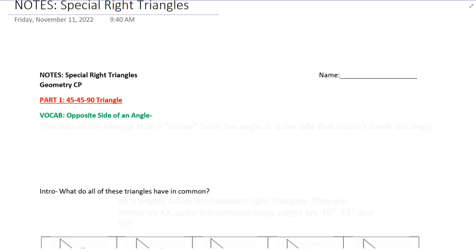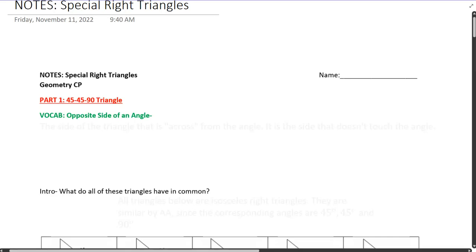This lesson is actually a two-part lesson, so today we are only going to cover part one. There are two specific types of right triangles that we're going to be discussing. So today we're going to discuss what's called the 45-45-90 triangle. But before we get into that and how we can solve some problems with it, there is one vocabulary term